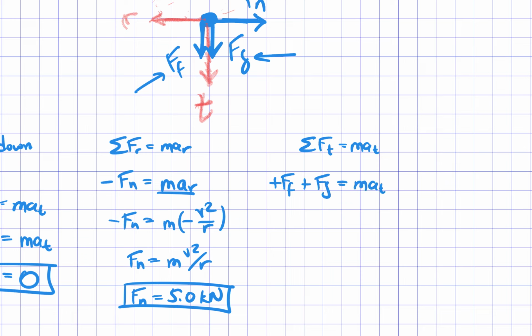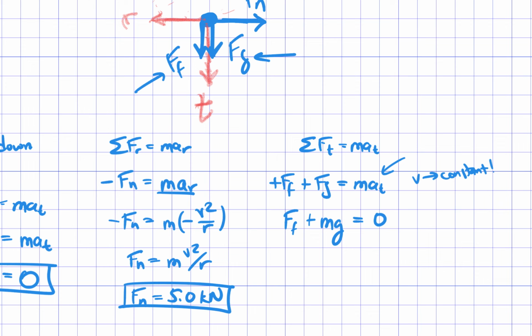Okay, remember, we're going to leave that right-hand side alone until we're ready for it. Now we will expand what needs to be expanded. The force of friction, again, we're not going to expand that because it's what we're looking for. And then we've got the force of gravity, so I'll do plus M times G equals. Now on the right-hand side, I've got this M times A sub t. We're going at a constant 11 meters per second around the circle, so there's no tangential acceleration, so I'll write